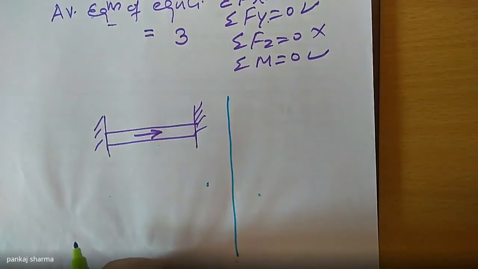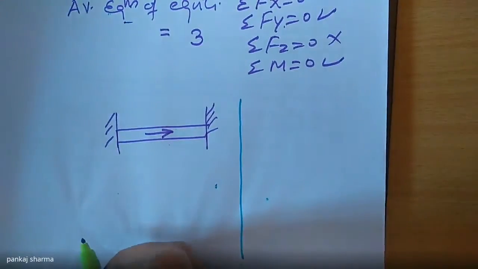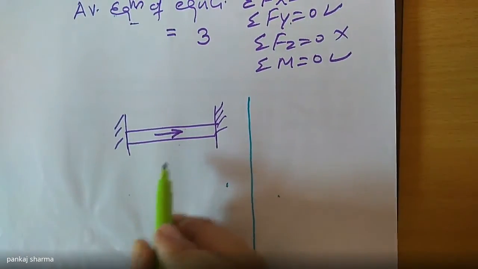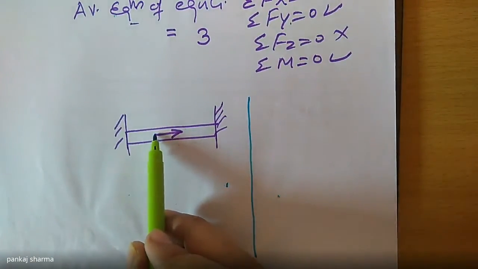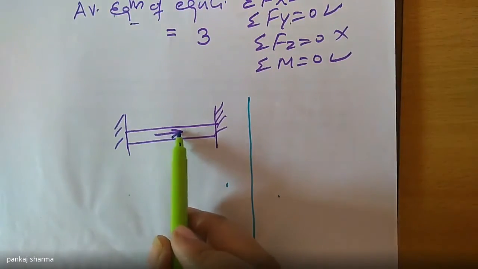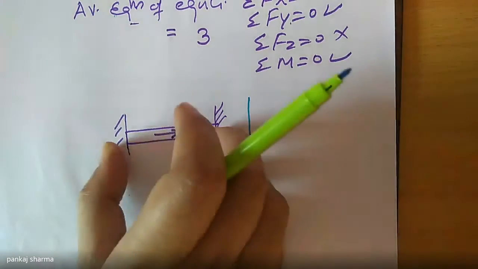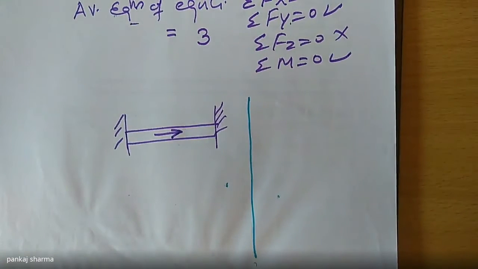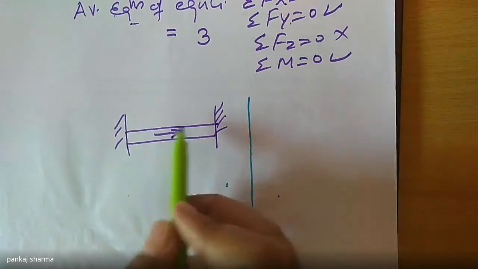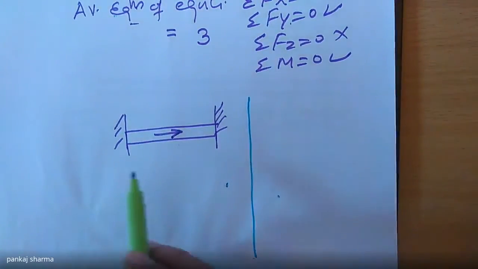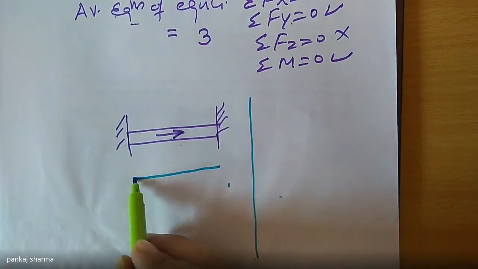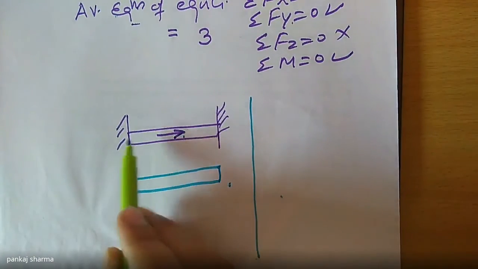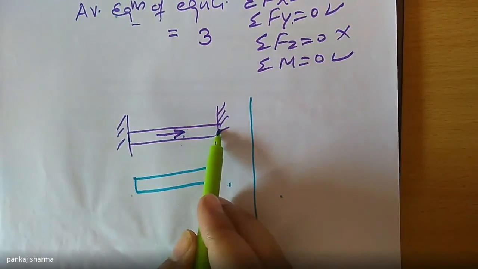So we have to check. I am seeing only an external horizontal force. The weight of the beam is negligible; I am not considering the weight of this beam. Only axial force is there. Just to simplify the structure and make an equilibrium condition, what is the property of the supports? This beam is supported at two fixed points, two fixed ends.